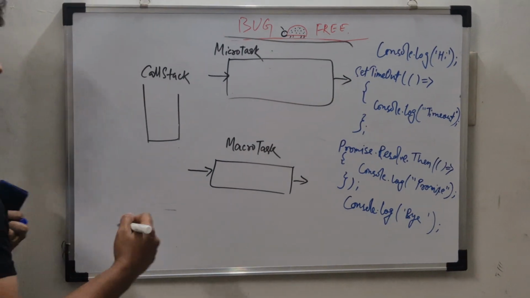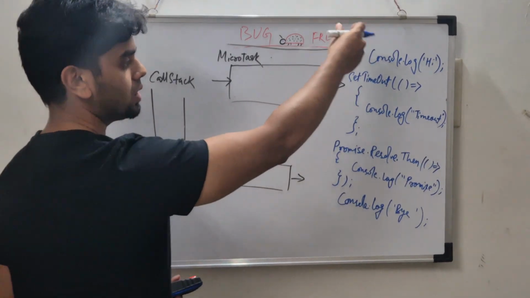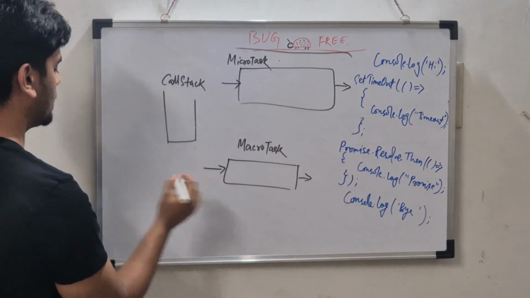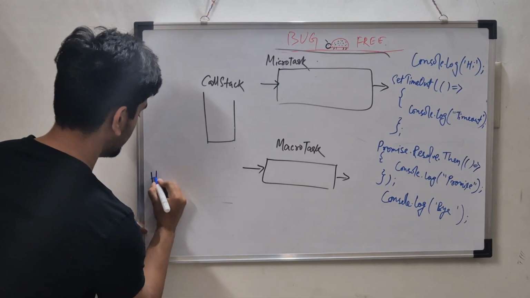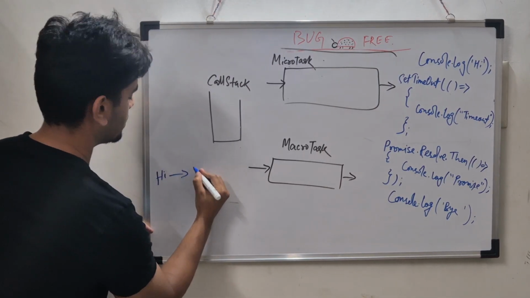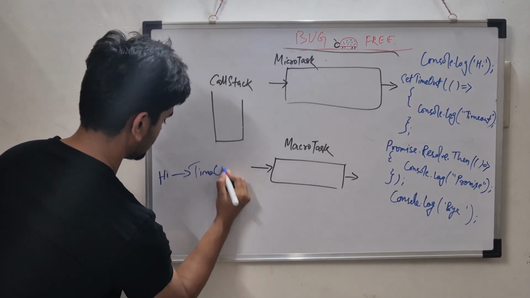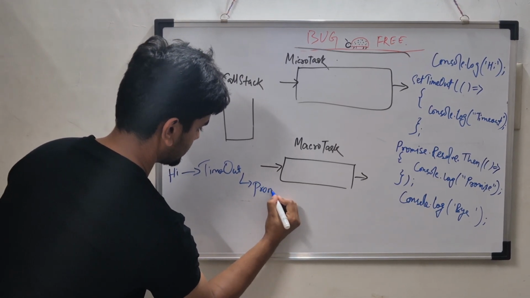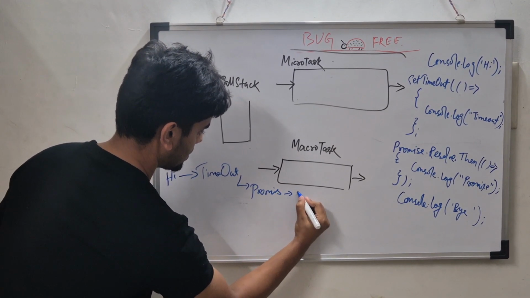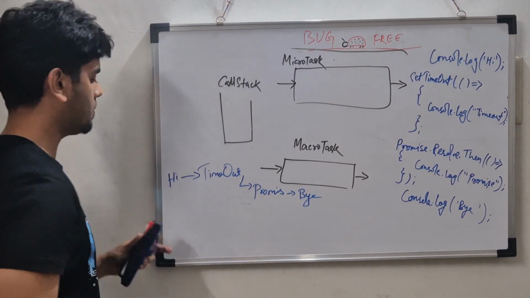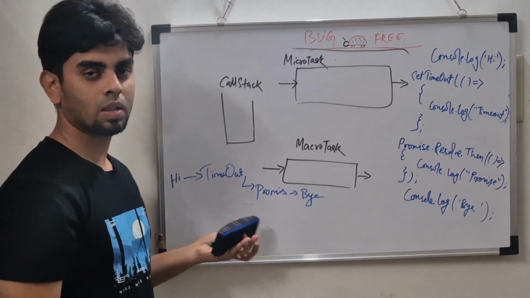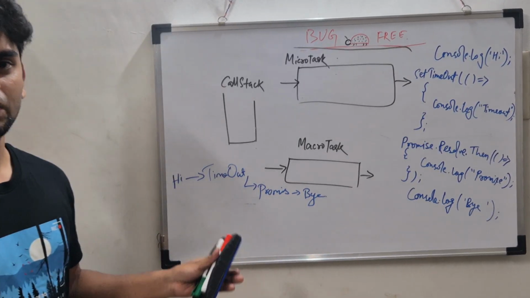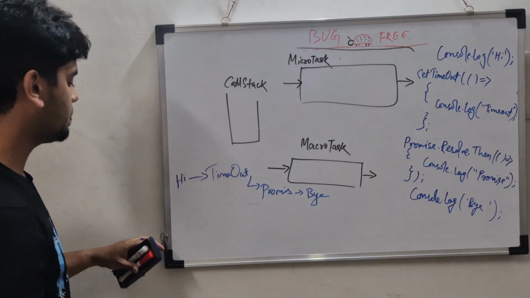As JavaScript is a synchronous language, we would think it starts from the top and executes in a straight line. For example, the output would be hi, then timeout, followed by promise, then at last bye. This is what most JavaScript developers who don't know the concept of the event loop would answer. But actually it won't be like this. The actual output will be